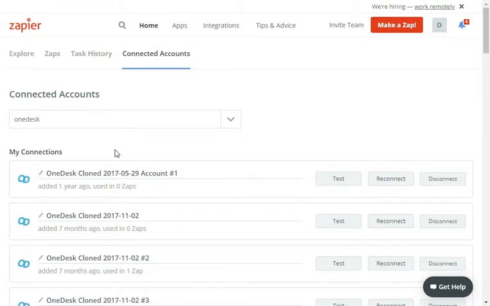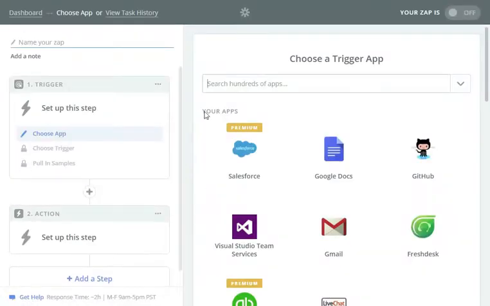And in our case, we're going to be connecting OneDesk to live chat. So I've already connected my live chat account. It's going to be very similar. You search for your application here and you log in. Next step is to make a Zap. So you click Make a Zap, and this will open a new form where you can choose the workflow for